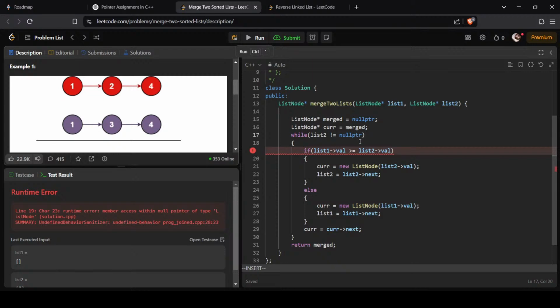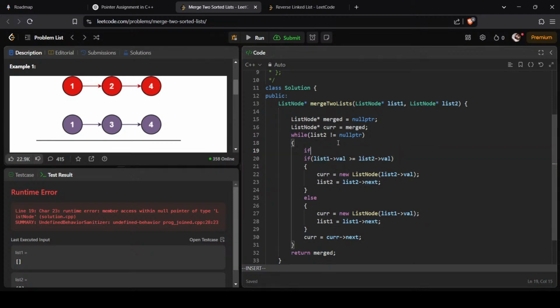So is this just an if statement saying if list one is null, just add it? Okay, I guess I can just make an if statement saying